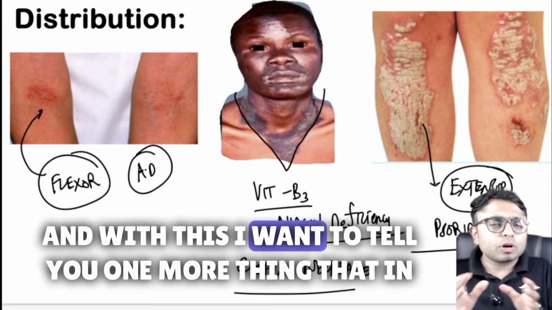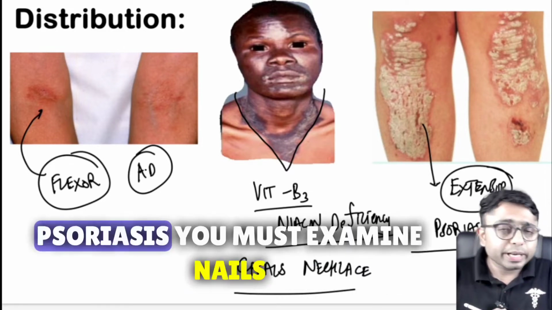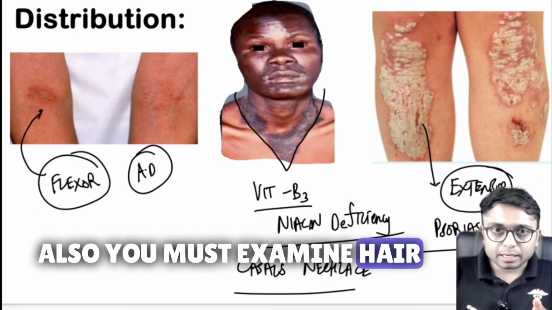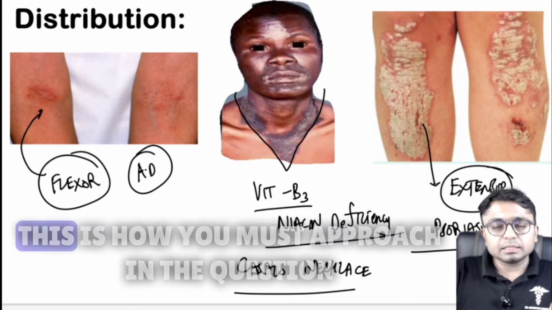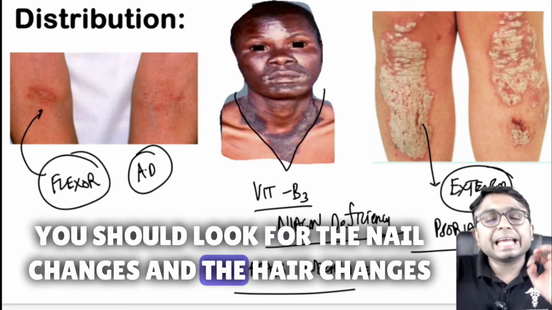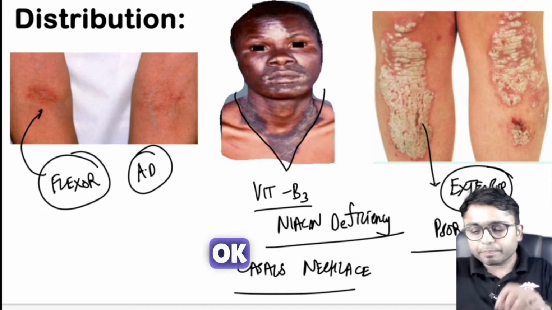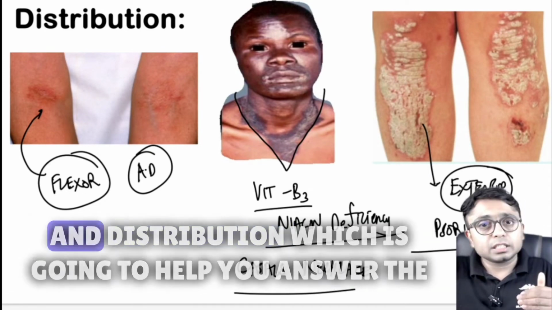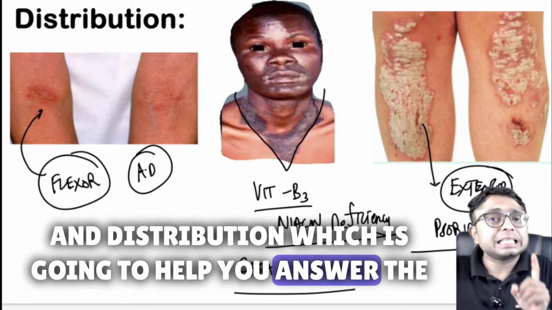And with this, I want to tell you one more thing: in psoriasis, you must examine the nails. Also, you must examine the hair. So if the patient is there, this is how you must approach. In the question, you should look for the nail changes and the hair changes which are mentioned by the examiner. This is the holistic approach with morphology, configuration, and distribution, which is going to help you answer the image-based